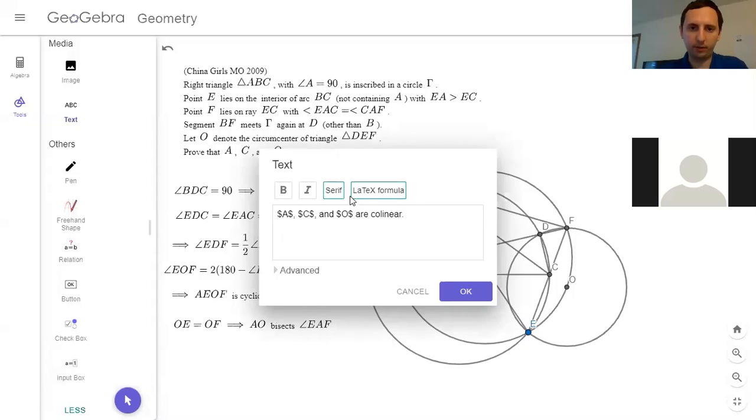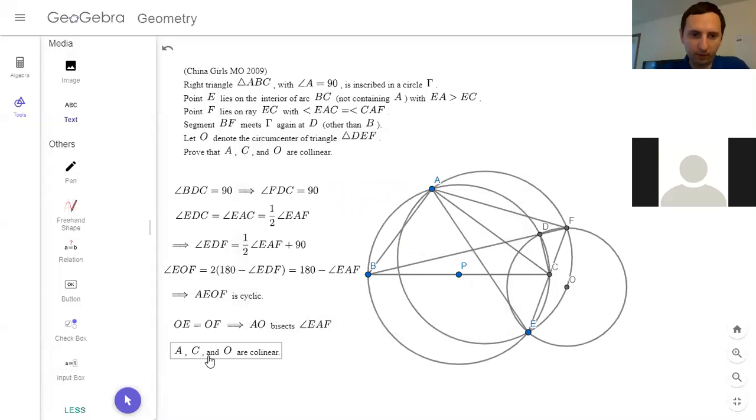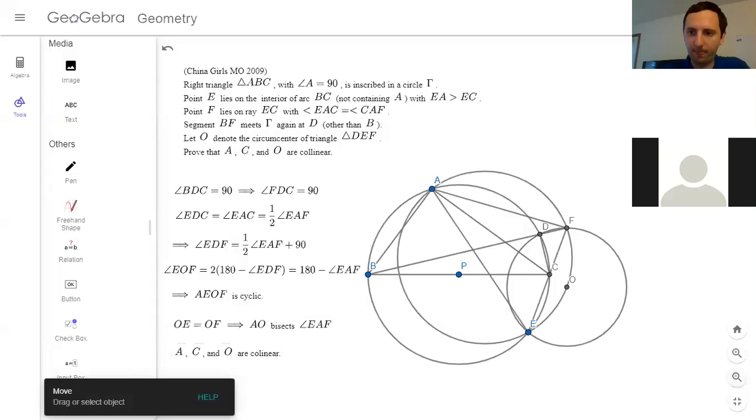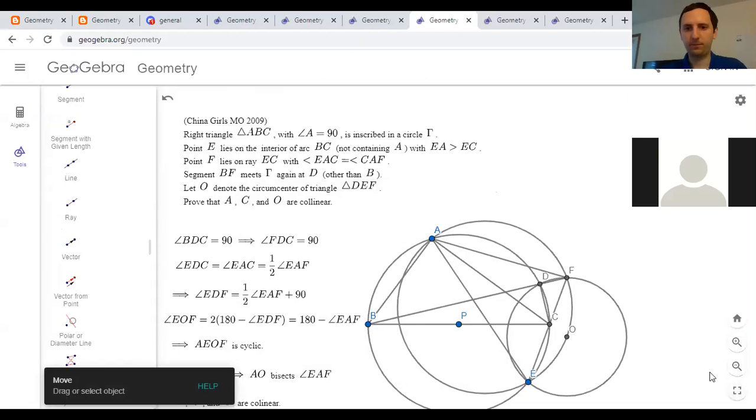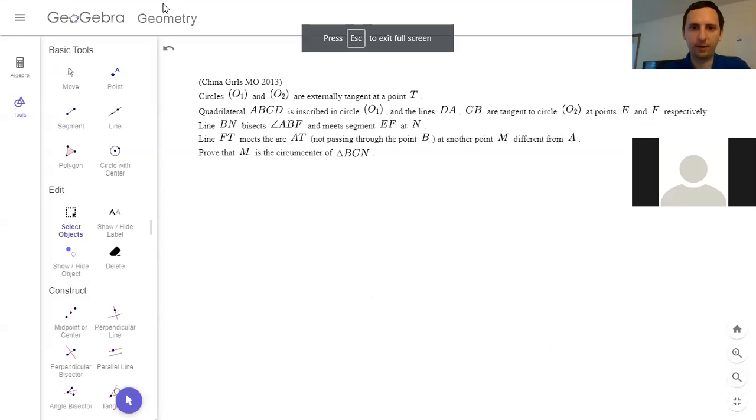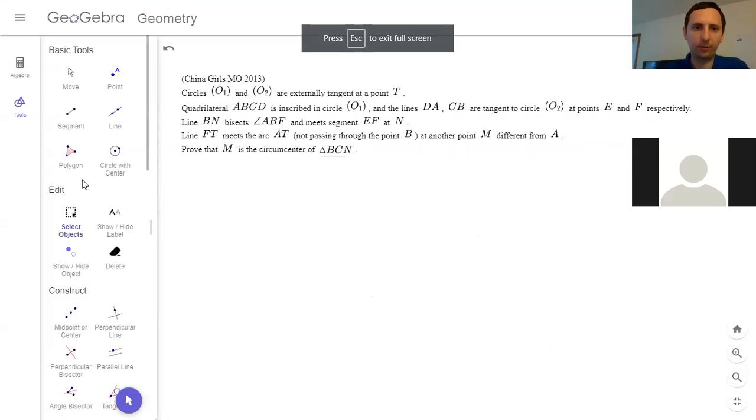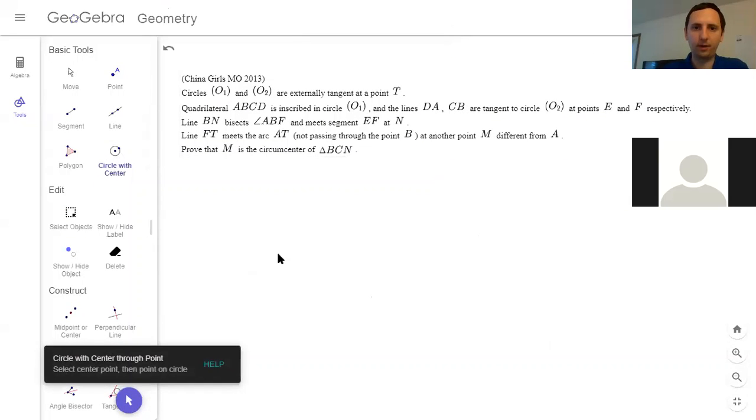All right. That was a fast one. So let's try the next one. Okay. This one looked kind of interesting. So we have two